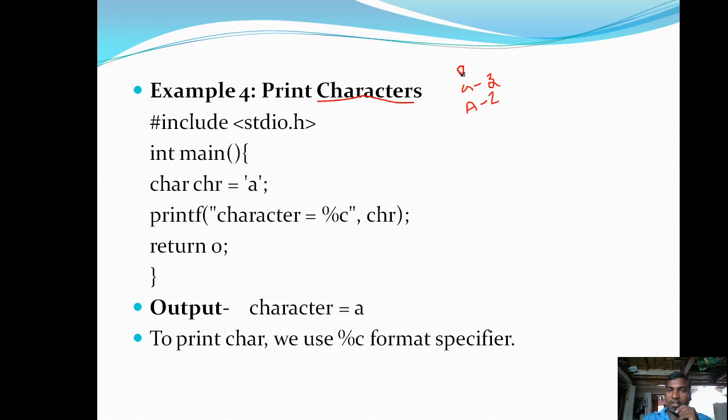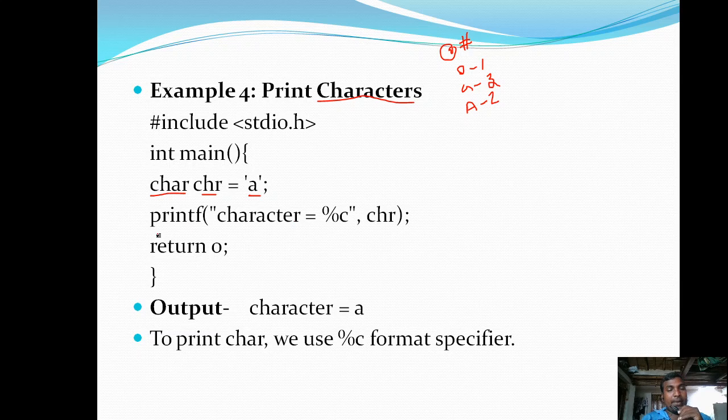It may be 0 to 9, or some special symbols like at the rate, hash, etc. So any one from the character set available in C programming, we can simply call a character. Here char is the data type we use to specify a character. So chr is a variable name of character type, and it is going to store one character, A. The character type values are specified with single quotes.